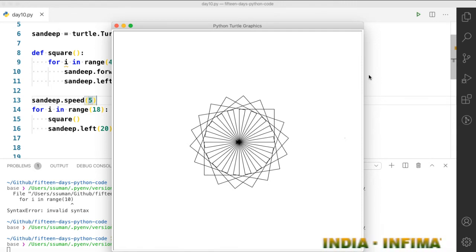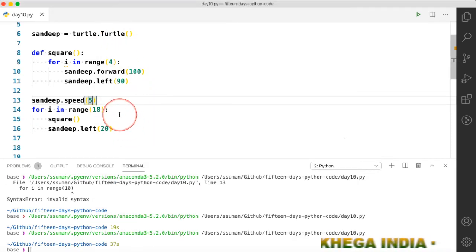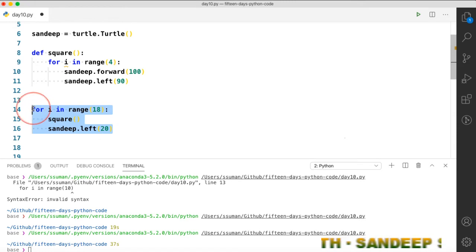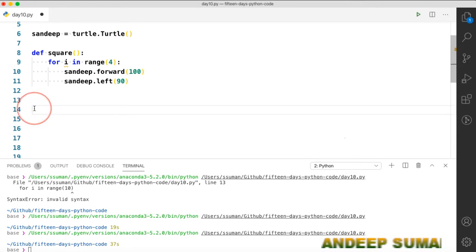And in this way you can create small geometrical shapes which we are used to drawing in primary school using our compass when we learn circles, squares and all these things. So this is very interesting. This speed command is very important. One thing I also want to discuss is the color.